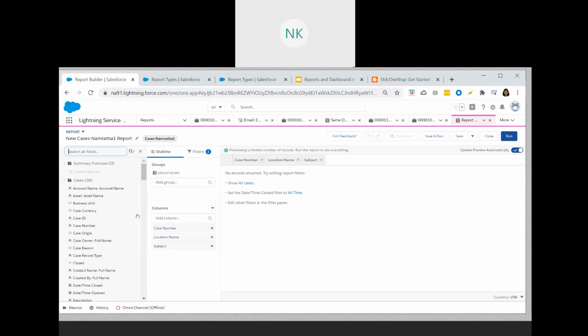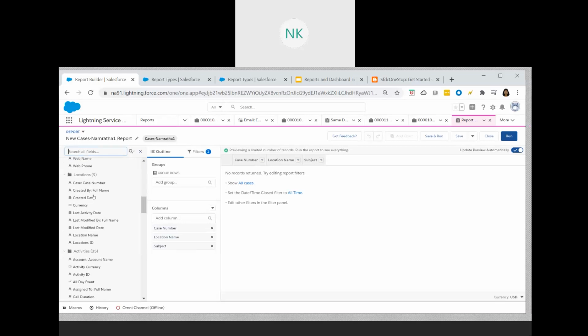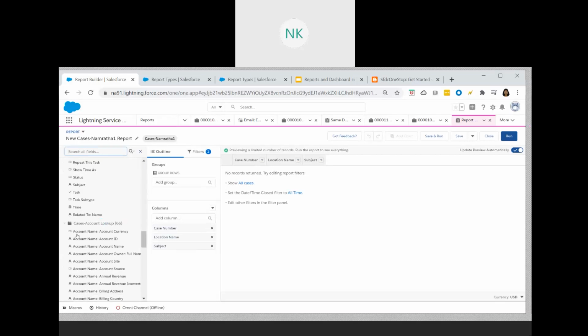So here you see, on the left hand side, if you click on the list of fields, all the cases fields are available. Location fields are also available. Activities fields are also available here. And here you see all of these cases and its related lookup, account lookup fields are also available. So this is how you can create a new report type, and you can use that report type to create